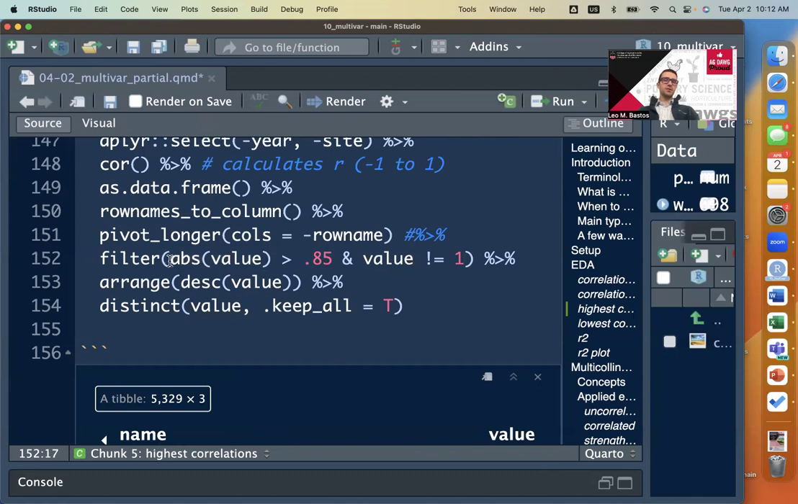So this basically turns everything into a positive number, and then I can just filter that positive number being greater than 0.85, except for the ones equal to 1, because that's just the variable by itself, right? Or the correlation of that variable with itself. So I don't care for those, but I do want everything that in absolute terms is greater than 0.85. And then I'm just arranging them in descending order. And if I run until here, just so you can see,